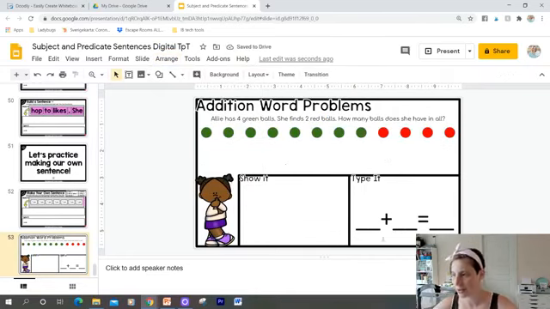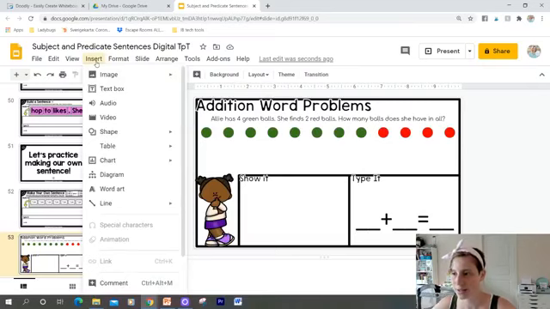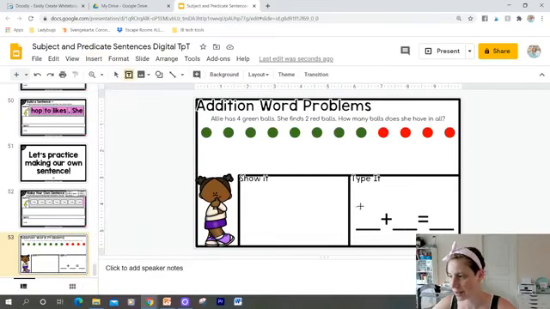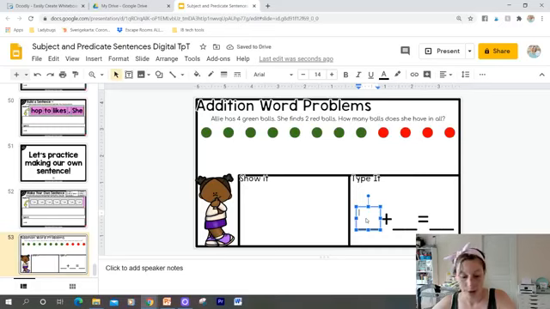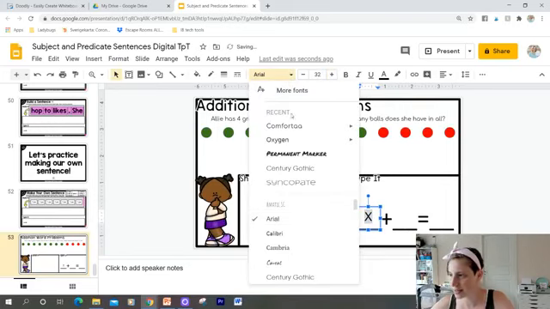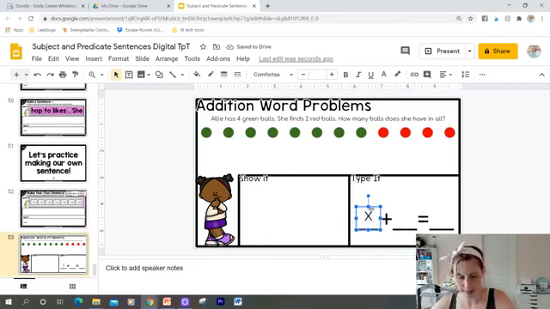So now, if my students were going to do this, the only other thing I need to do, which isn't what I said I'd do on the tutorial, but I'll just show you here, I want them to be able to type their numbers here. So I would go to Insert and click on Text Box and just draw a text box here. And I can move it so it's the exact same size. And then I recommend putting something as a placeholder so they can see where they're supposed to type. You can center it, you can, oops, I didn't have this selected. You can make the font larger, like this. You could change the font,